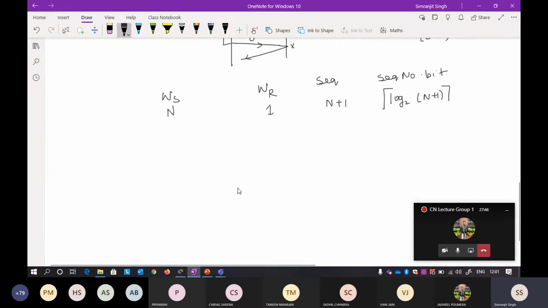Now, there can be variations of this. Suppose you have been given a sequence number as 4. So suppose I generalize it: this is the first scenario, and this is my second scenario. The sequence number that is given to you is 4. So suppose the sequence number given to you is n.